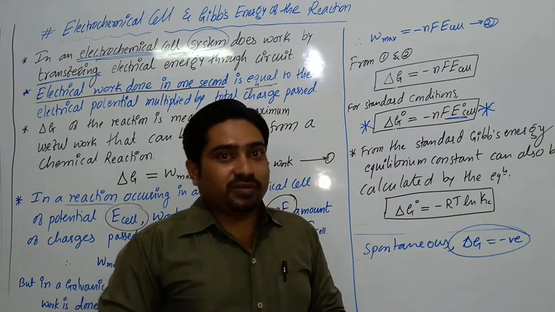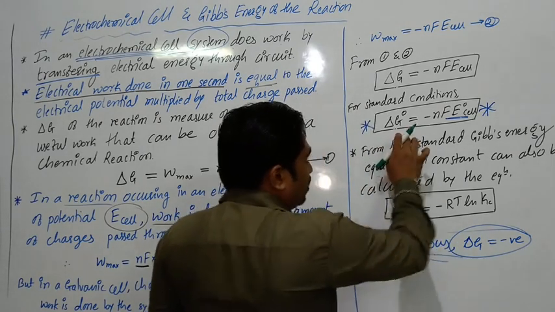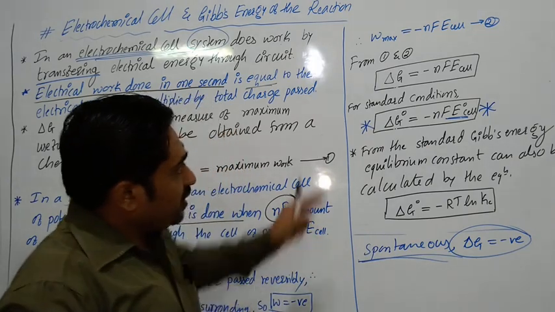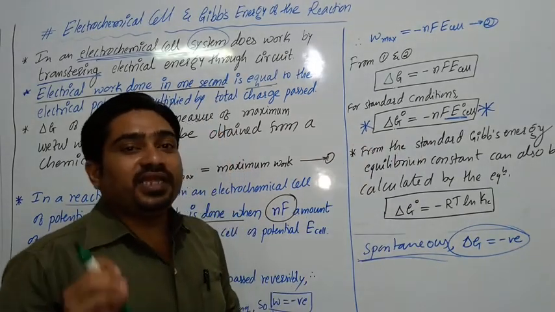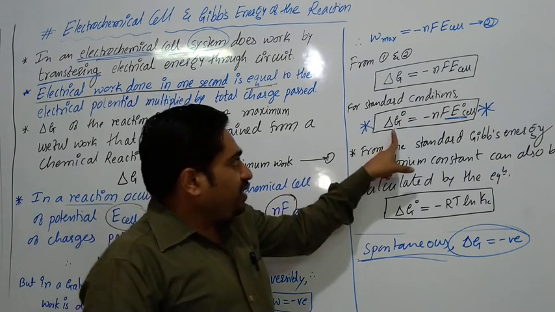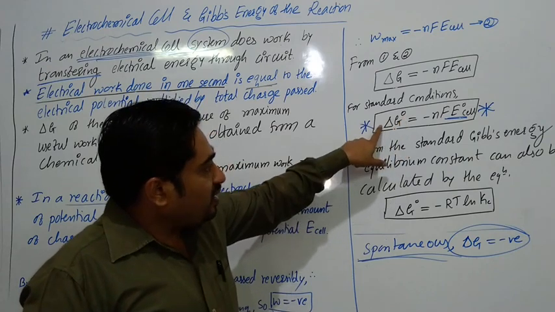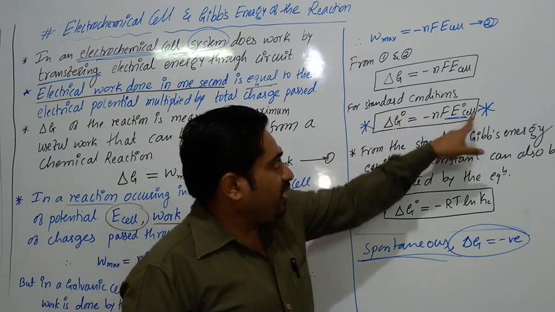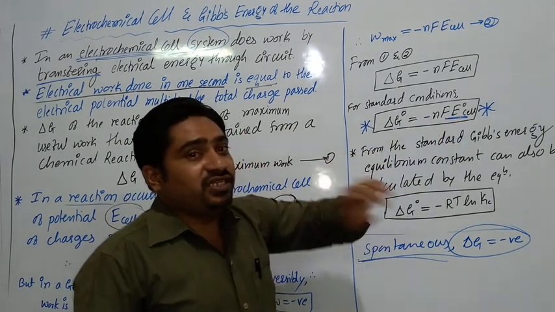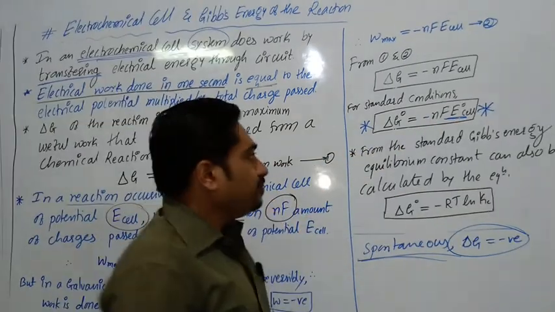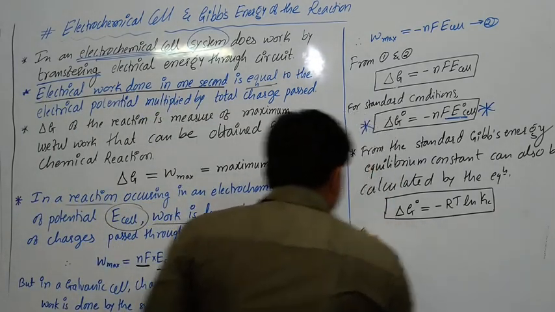Okay. So now we understood that by this equation we can also calculate the feasibility of the chemical reaction. For a chemical reaction to be feasible, delta G must be negative. For delta G naught to be negative, our E naught cell must be positive. If E naught cell becomes negative, the reaction is non-spontaneous. And one more important thing,